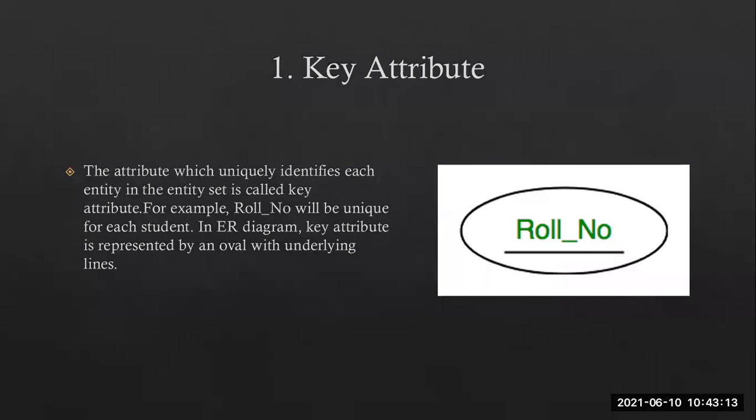So we are supposed to give them a roll number, no? That is what uniquely identifies an entity in the set. It is called a key here. Aishwarya 1, Aishwarya 2, we can call them by that. So for them, we have to give the roll number, and that roll number becomes the unique identifier.